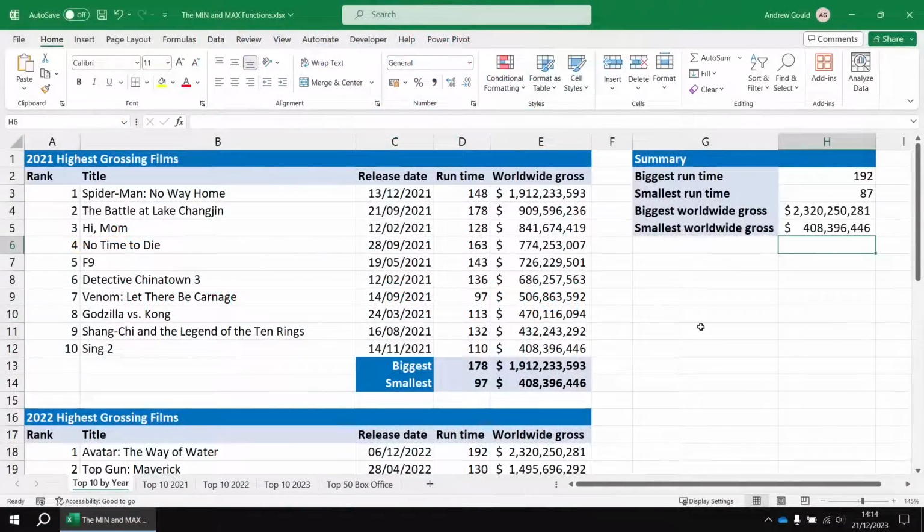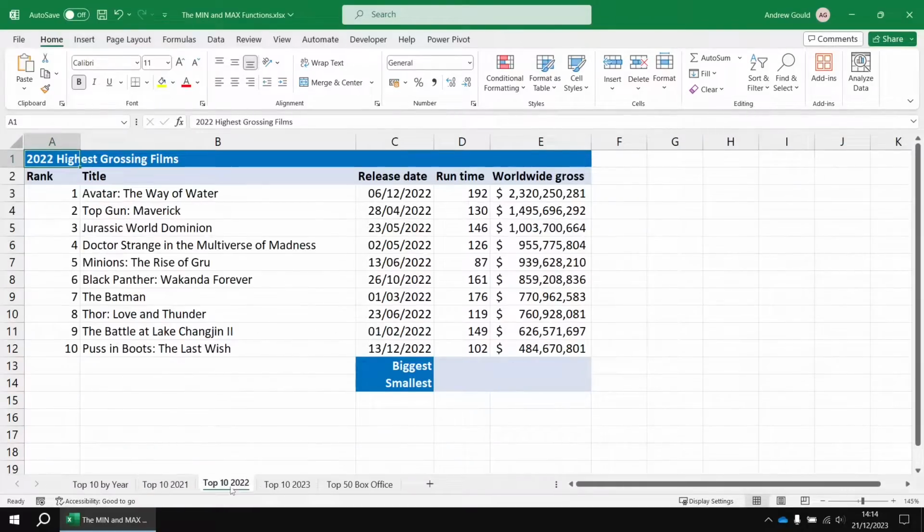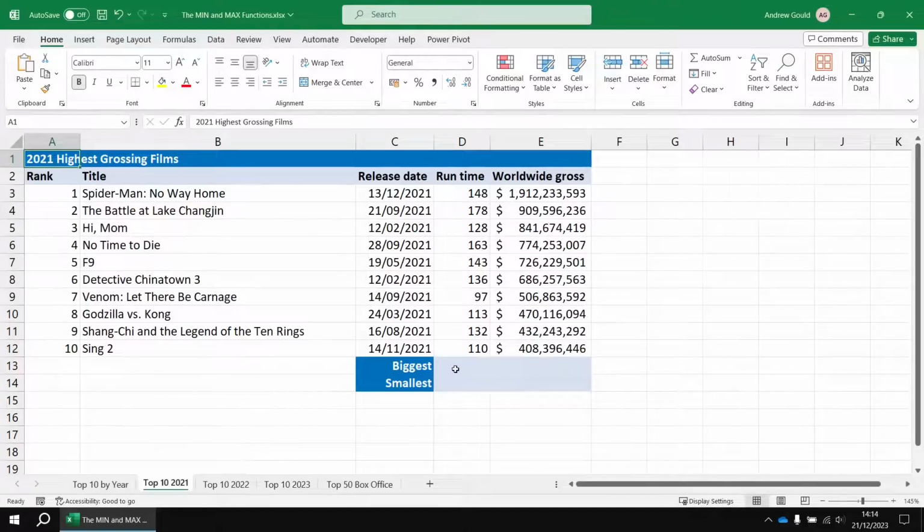Now let's look at what to do if your data is spread across multiple different worksheets rather than in a single worksheet. So these same three tables of top 10 highest grossing films for the past 3 years, I've also got stored individually on separate worksheets. And what I'd like to do first is add to the bottom of each list the biggest and smallest runtime and worldwide gross figures. I don't want to have to repeat that process 3 times once for each sheet, so what we'll do instead is use group mode to add our max and min functions at the same time